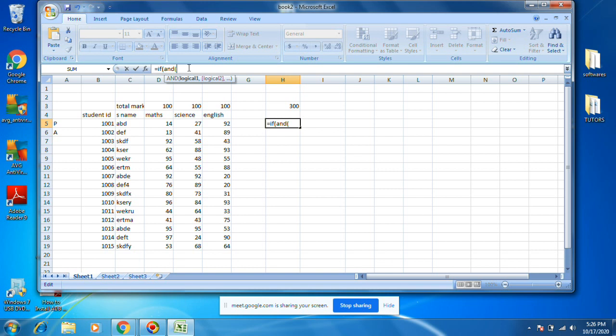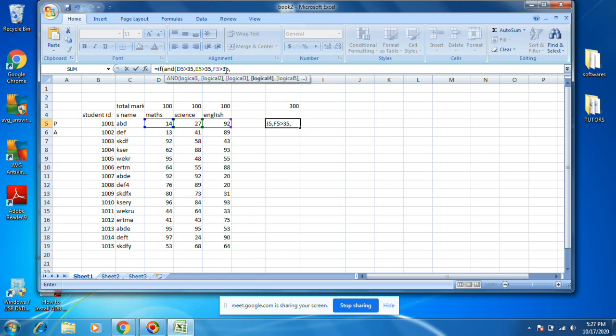We need to put D5 greater than 35, comma, E5 greater than 35, F5 greater than 35. All should be greater than 35.